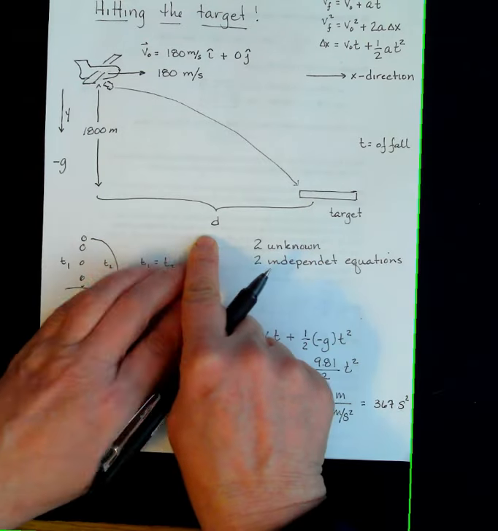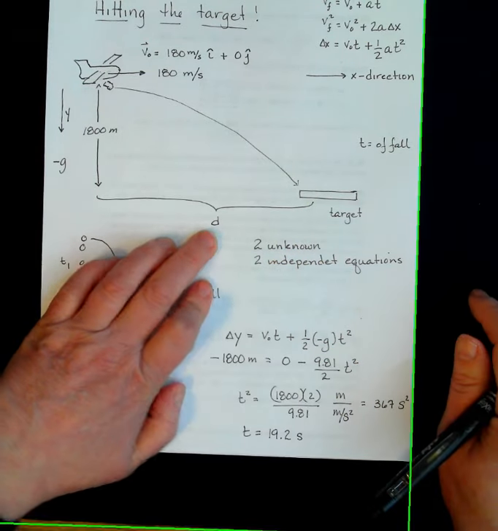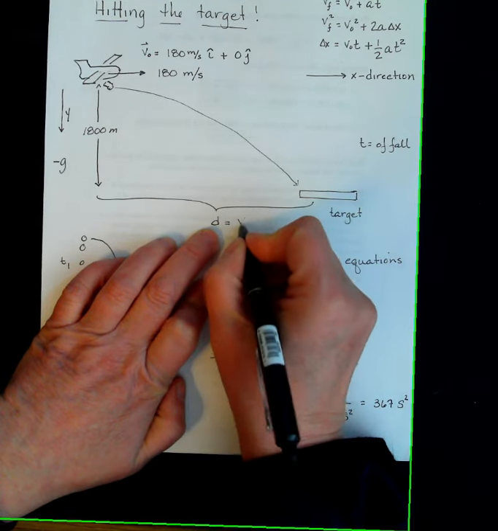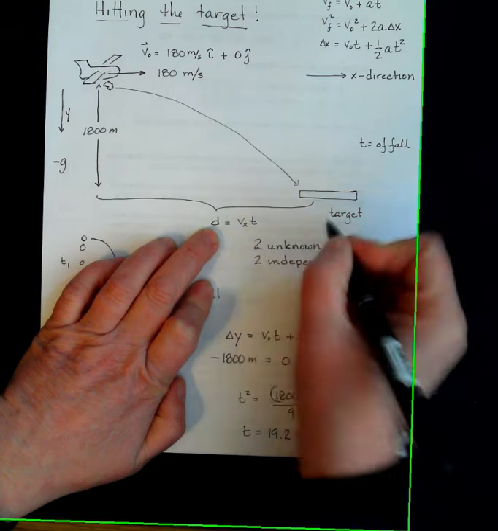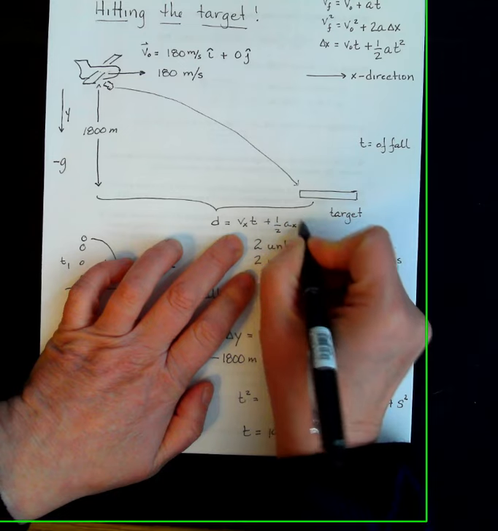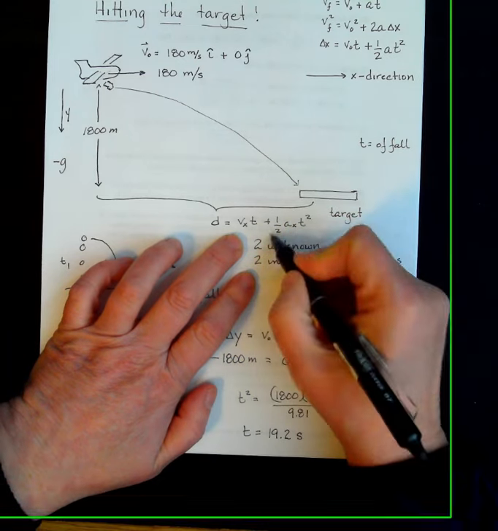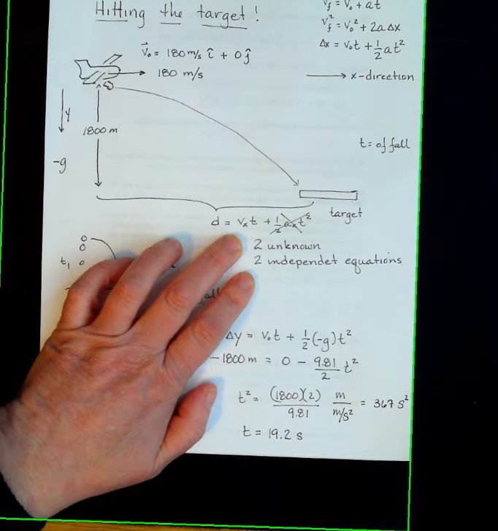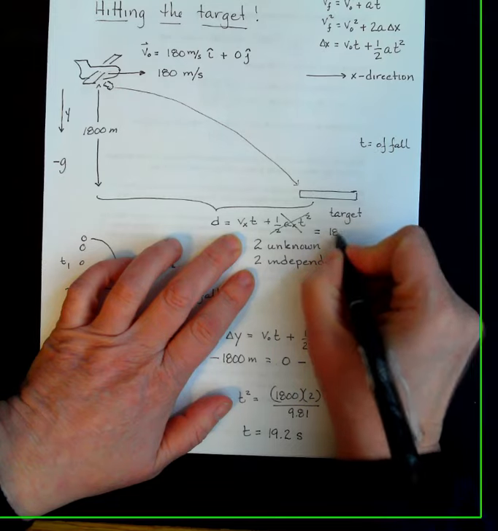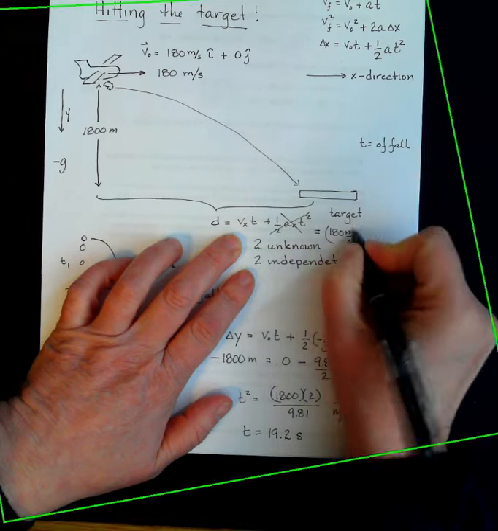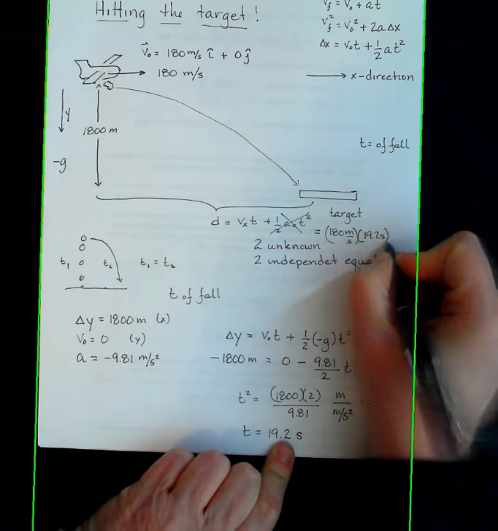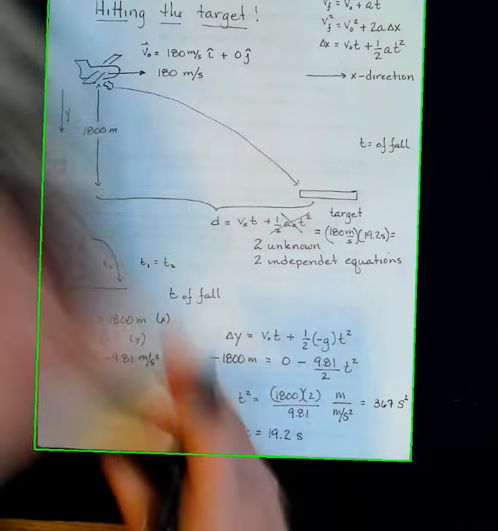So now I'm going to be looking at my change in x position. So that distance is going to be equal to the velocity in the x direction times time plus 1/2 the acceleration in the x direction times time squared. Well, we have no acceleration in the x direction, so that's going to go away. And now I'm just going to solve for my 180 meters per second times the time that we found for what it takes to fall, 19.2 seconds. And now if I plug that into the calculator,